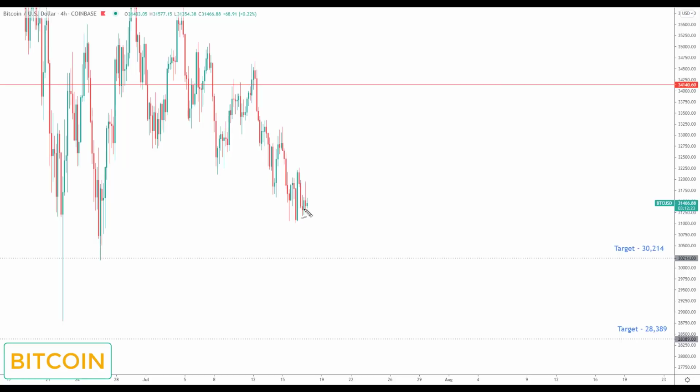So very simply put, going into next week, any pullback in this market is simply, as it stands, viewed as an opportunity to look for bearish setups down towards the next key of support to the downside and the target set at the 30.214. I do think we're going to struggle to bottom in Bitcoin and reverse higher unless or until we start to see that reversal lower in the DXY.